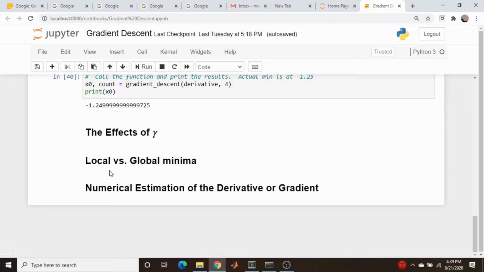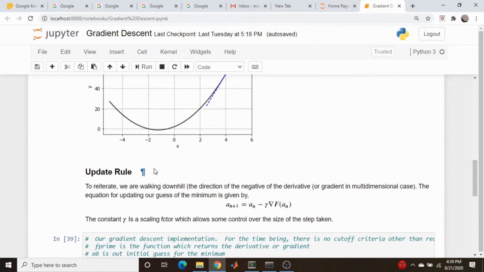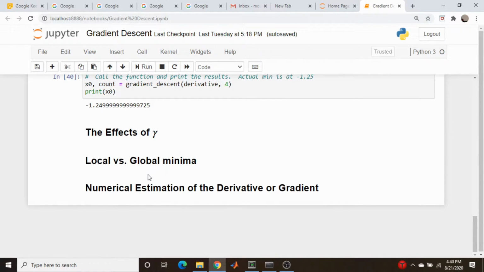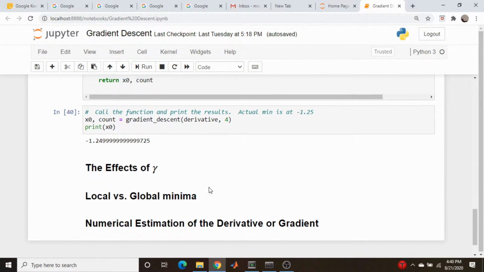The second one is local versus global minima. This algorithm basically just finds the local minimum, so that's potentially an issue. And also, I just want to make a note of the fact you can use some sort of numerical estimate of the derivative or gradient